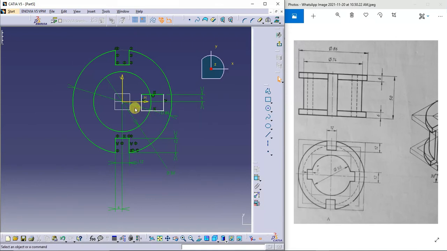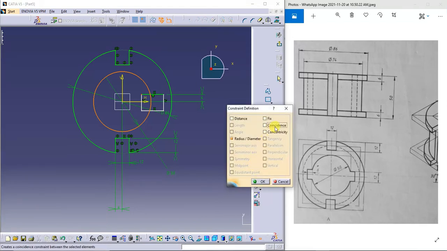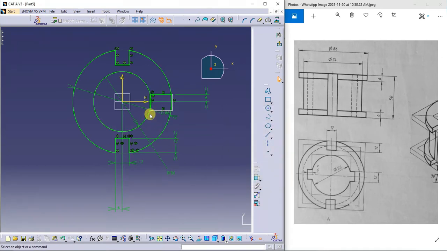Now I'll select this point and this circle. Go for the coincidence command. Next I'll hold the control button, select this end point of this line and this circle, and they should be coincident.